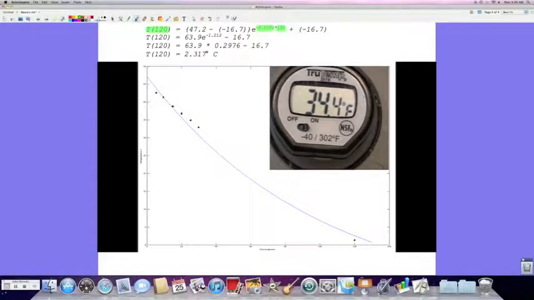wasn't exactly correct. Maybe I didn't shake the water well enough. There could be a lot of variables here. So determining which is more accurate, the theoretical or the actual, it's hard to say. What would happen if my reading were just a little bit off? What if I would have taken that calculation to 8 decimal places instead of 3 or 4 or what have you? So it's hard to say which is more accurate, the theoretical or the actual, but I think regardless, we're always going to come up with